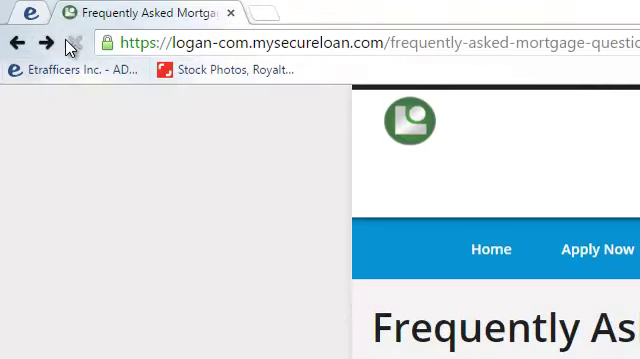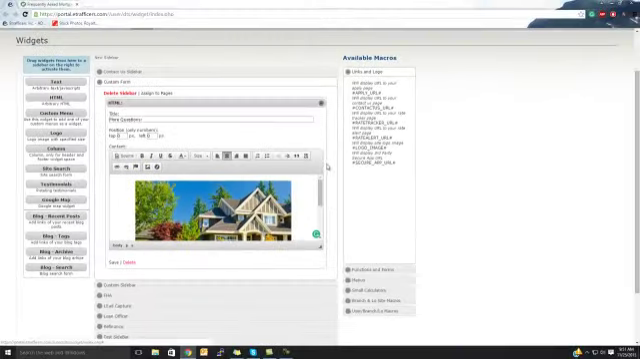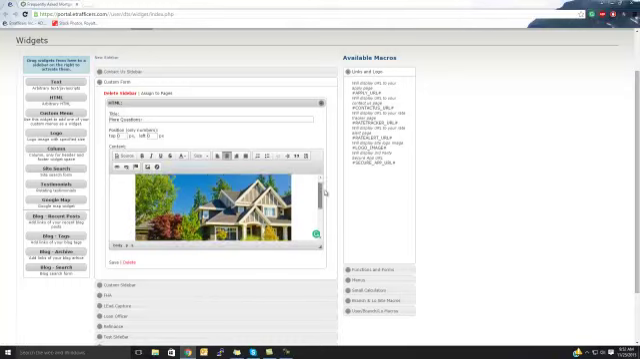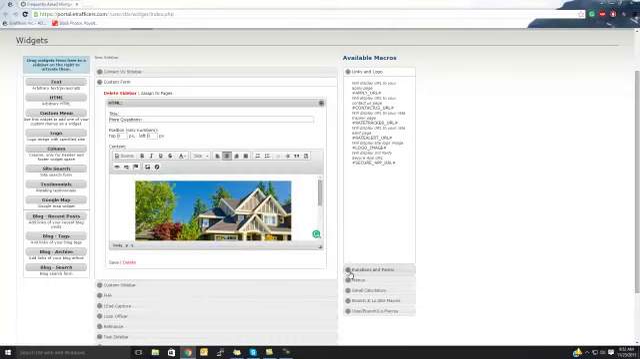Yeah, so that's how you create a custom sidebar. Obviously, you can create something more in depth than this. You can do as much or as little as you want to do. Also, remember, like in the previous videos, you can use these available macros on the left and the right. The ones on the right